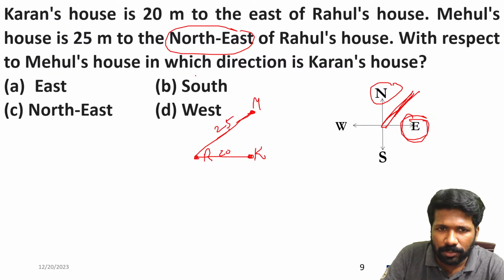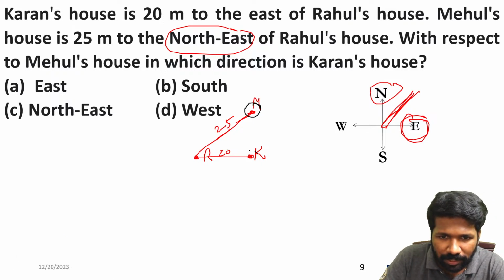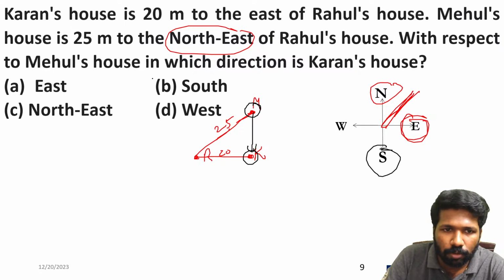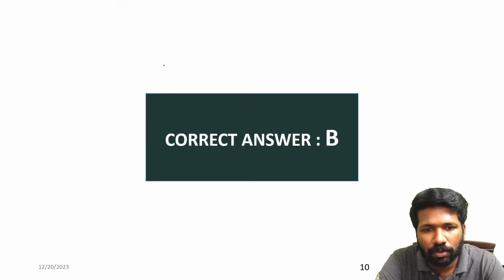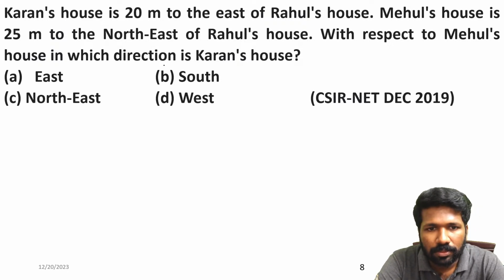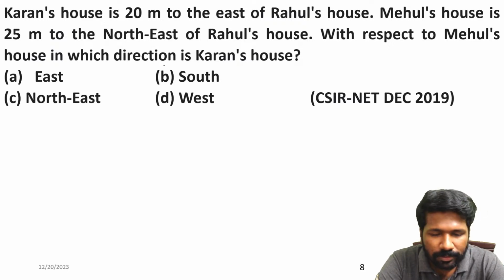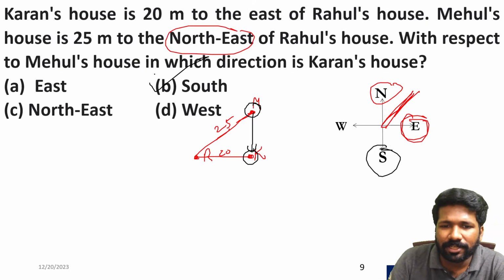With respect to Mehul's house, in which direction is Karan's house? So read the question carefully. With respect to this person, where is this person? That is downward direction. That is south direction. So option B, south, is the correct answer. All of you clear? Option B, south, how it is the answer? All of you clear? And in this question only the direction was asked, but the same question can be asked,